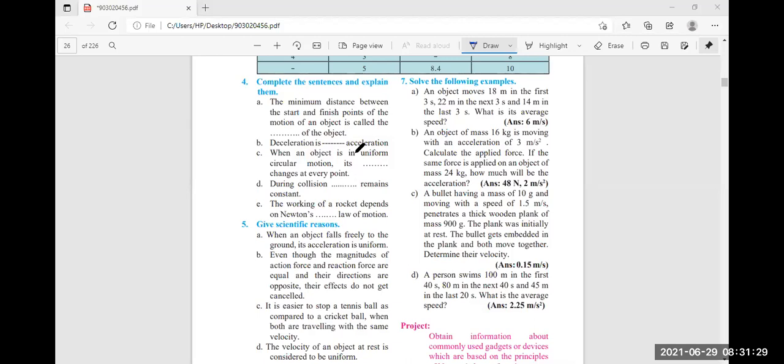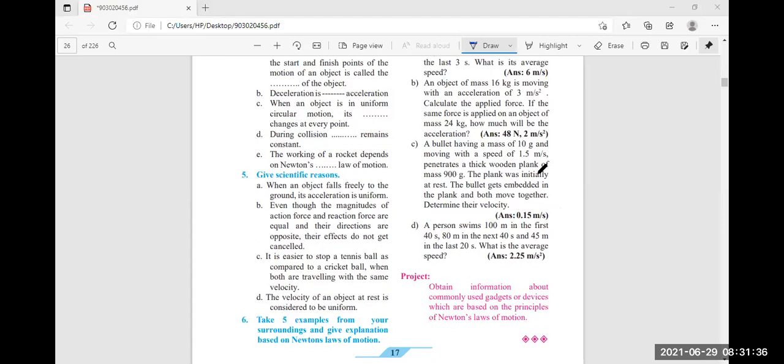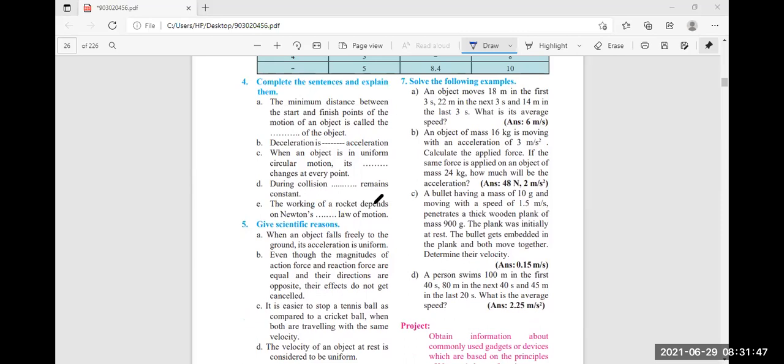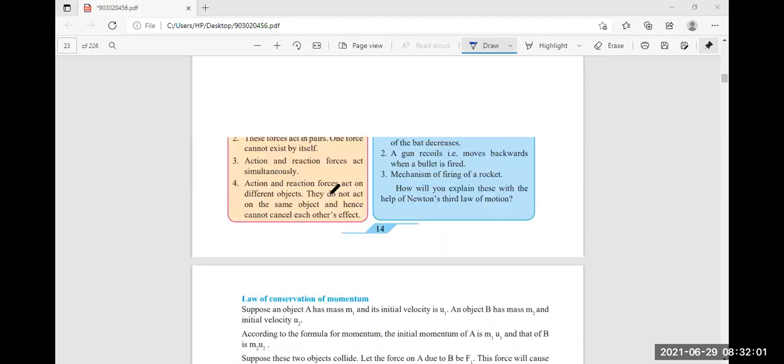Momentum. Sitija, is it correct? Yes, sir. Shubham Wable, is it correct? Yes. Momentum of the system. Very good. Yuvraj Jamdar, are you present here? Yes, sir. Okay, what is the reason behind it? See here, while you are writing the explanation, during collision dash remains constant, that time you write the explanation of this.